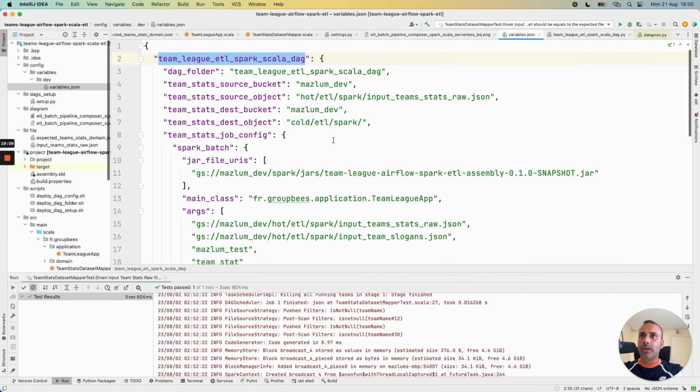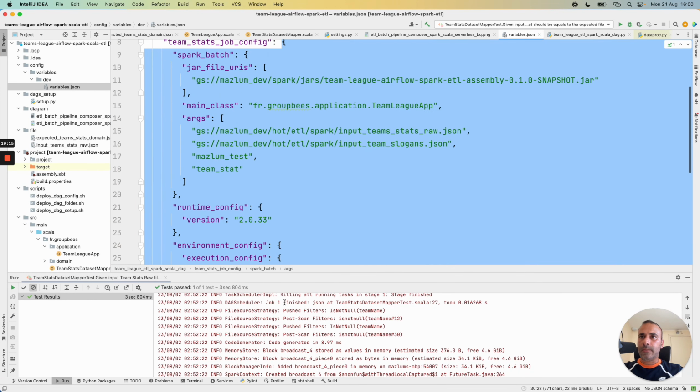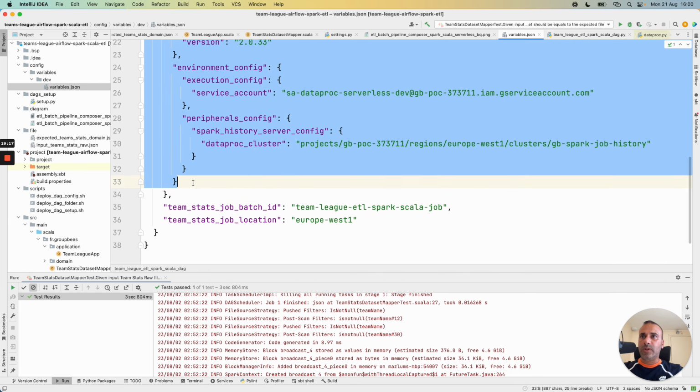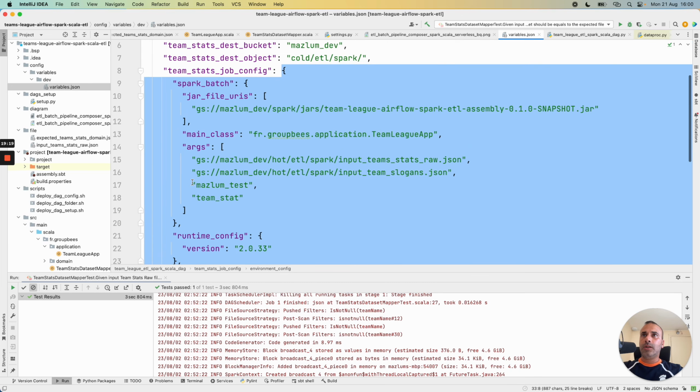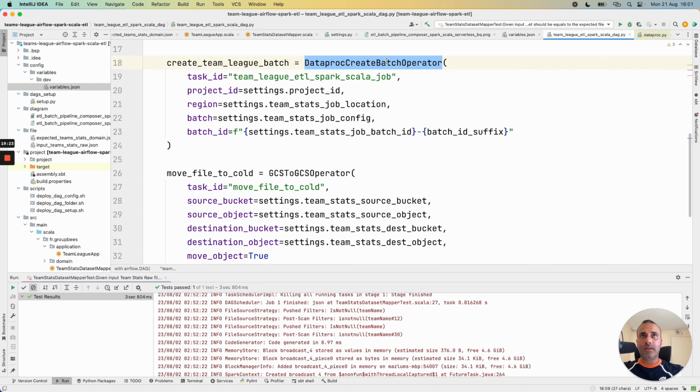The configuration I showed previously here, all this node. We retrieve all this node, and we pass this node to our operator, because this operator uses a standard configuration for the Dataproc serverless REST API.